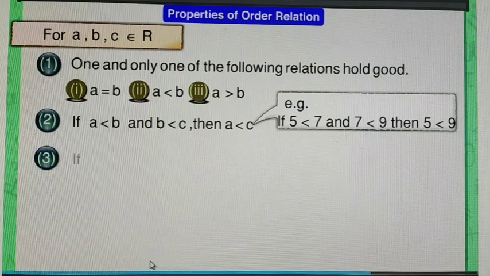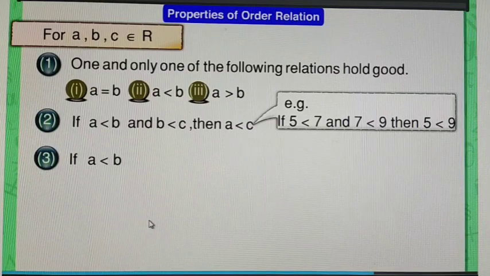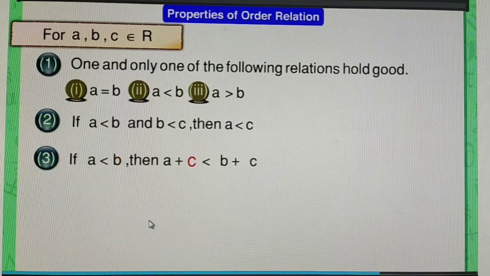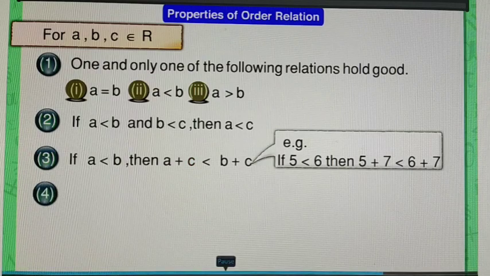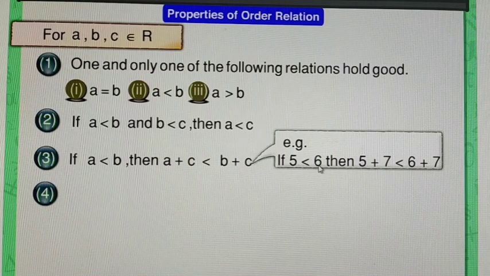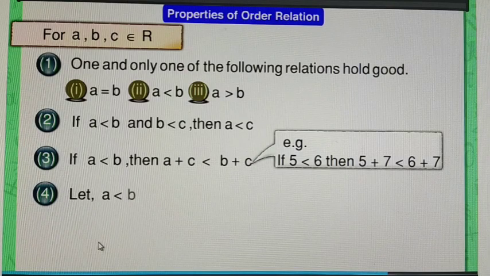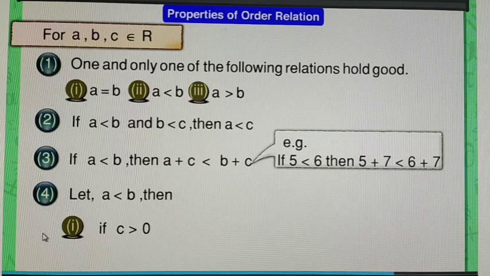Third, if A is less than B, then A plus C is less than B plus C. For example, if 5 is less than 6, then 5 plus 7 is also less than 6 plus 7. Fourth, let A be less than B. If C is greater than 0, then AC is less than